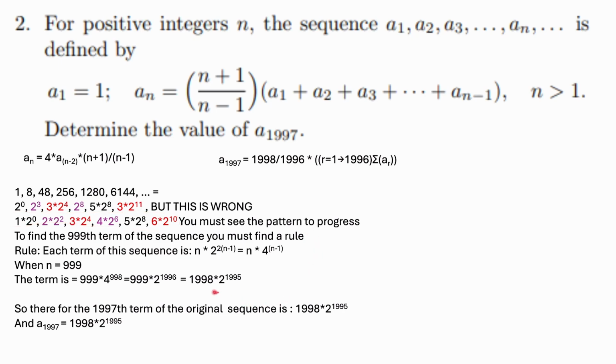Because the pattern is that every term of the sequence is n, where n is which term of the sequence it is, multiplied by 2 to the power 2n minus 1. And you can turn that into n times by 4 to the power n minus 1. And because we know which n value of the odd sequence we want to find, n is 999, we can put it in and we find that the term of the odd sequence at 999 is 999 times by 4 to the power 998, or 1998 times by 2 to the power 1995, which means that